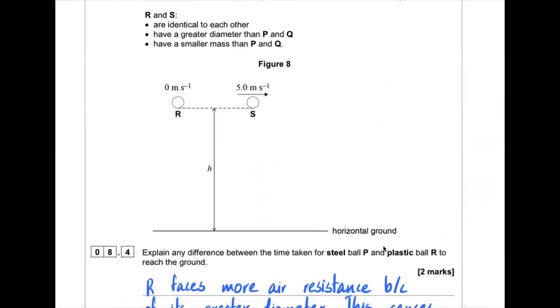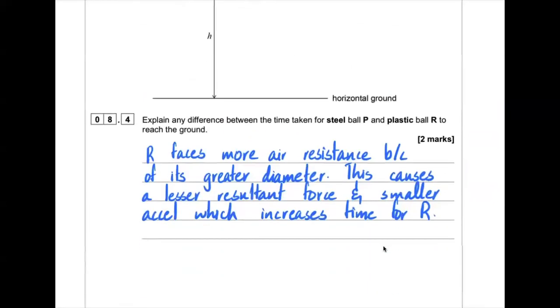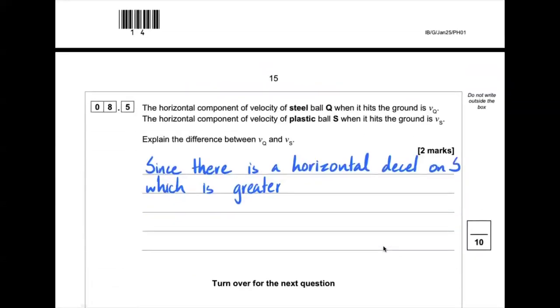So the steel and the plastic balls, which is greater because of air resistance. And you have to explain this. So since there is a horizontal deceleration on S which is greater because of air resistance,